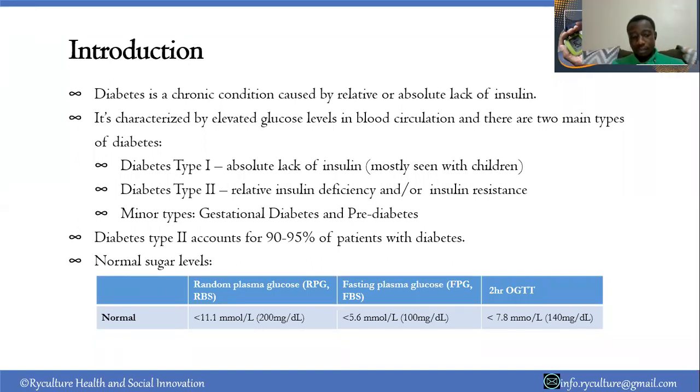If you took your dinner at 8 in the evening, then tomorrow morning when you wake up, say around 7, you take your sugar levels without taking anything, it should be below 5.6 but above 4. If it goes below 4, then you are hypoglycemic, and hypoglycemia, the low sugar level, is another problem again. So we have to ensure that your sugar levels are within the recommended range, properly managed in the condition where you are.